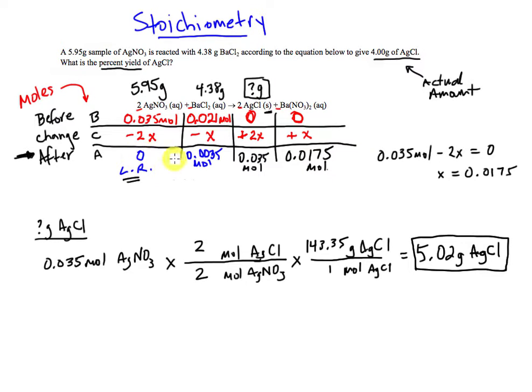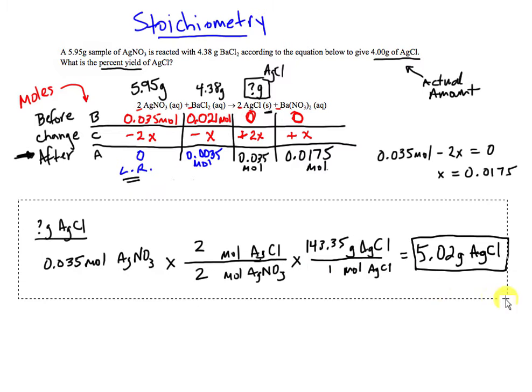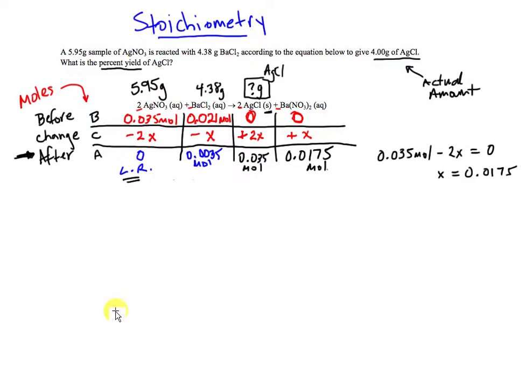Step two is to find the mass of the silver chloride, which is over here. That's what I did, and I solved that in the last video. And the last part is to now calculate my percent yield. So let's go ahead and get rid of this calculation here, and let's take a look at how I will find the percent yield. Remember, percent yield is going to be,